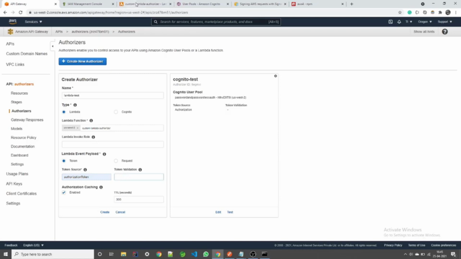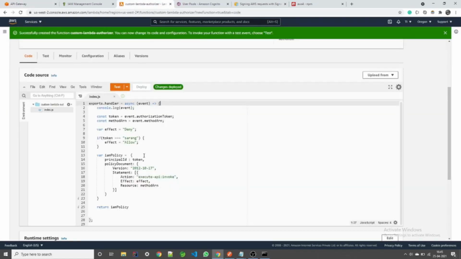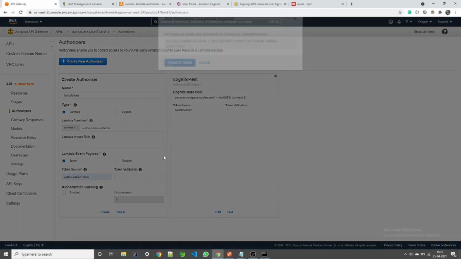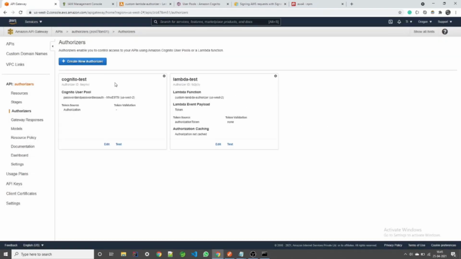If the value is sarang, then according to the rules I have written in the Lambda, I'll be able to invoke the API, else I will be restricted. So here I will disable this, and I will create the Lambda authorizer.